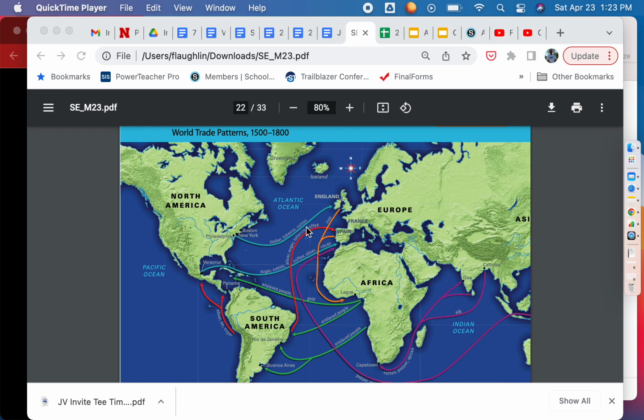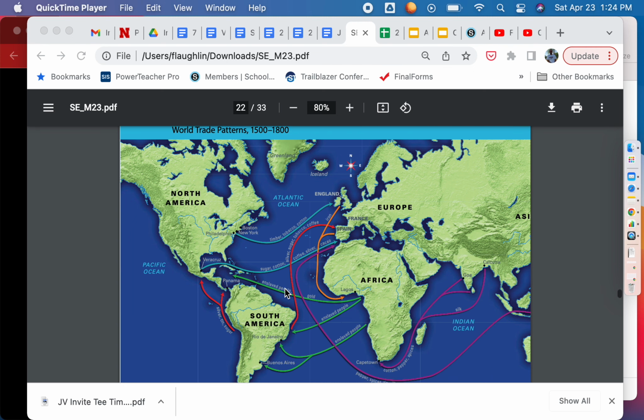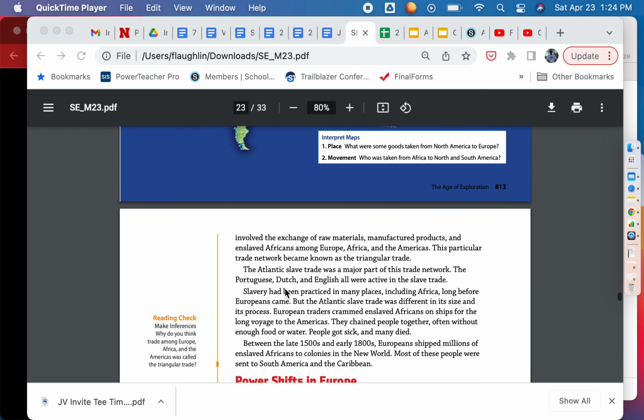Now, the triangular trade is going to be just basically between the Old World, Europe over here, to the Americas. And the Americas also include like the Caribbean and stuff like that. Over here to Africa, to Europe, to the Americas, to Africa. It's just going to keep going. Certain things you can see on these routes here that will go to different places. You can kind of follow along, like the enslaved people coming all along here. Do understand eventually the enslaved people are going to come up to what we know of as the United States also. So that's going to happen on the triangular trade.